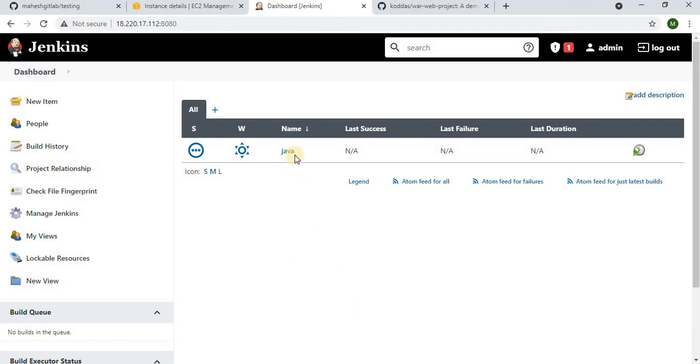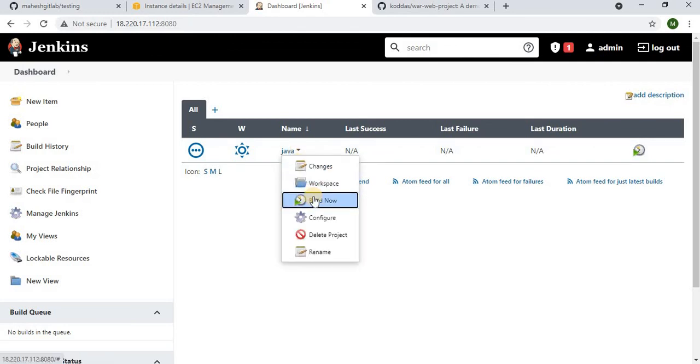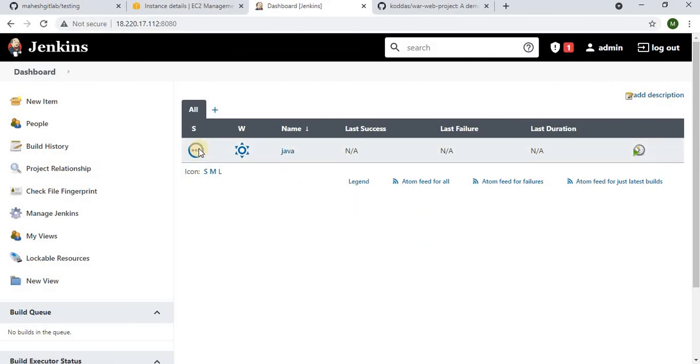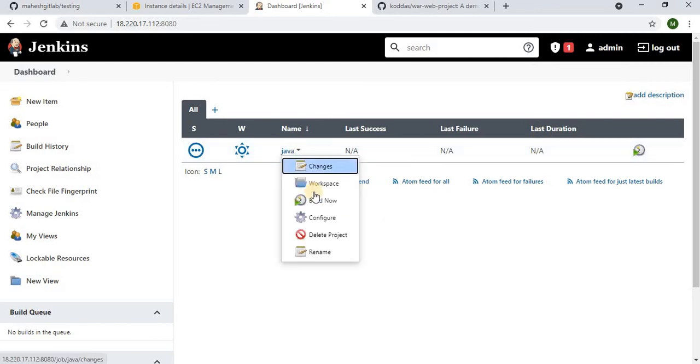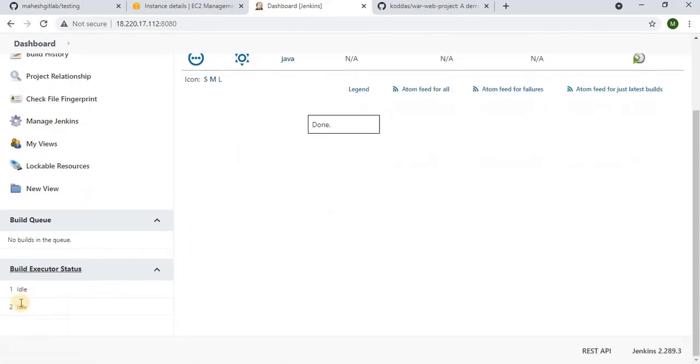Then we can consider the build done. Let us do this. See here, in last success nothing, last failure nothing, last duration also nothing. Let me build this and you can observe the changes.